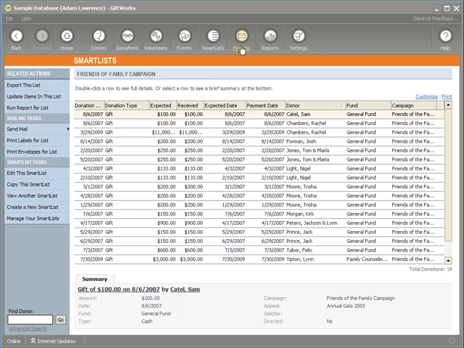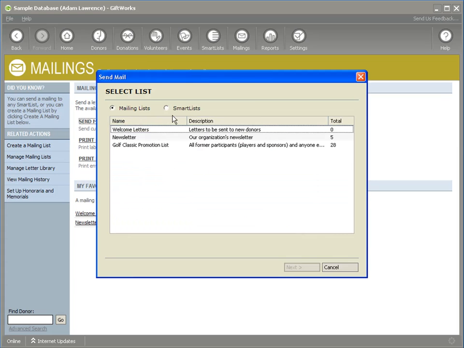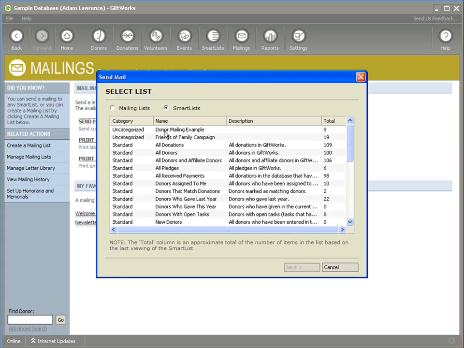So let's begin. I'm going to click on mailings on the toolbar and go to the mailing center. I'm going to start a mailing. I'm going to do a simple donor mailing to start. So I'm going to say send mail to a list. I'm going to pick SmartList, and I'm going to pick my donor mailing example, which is the donor SmartList. So if I select that and click next,